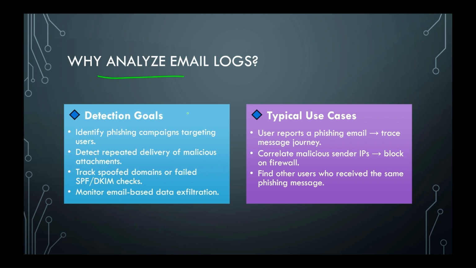You are Sherlock Holmes, but instead of a magnifying glass, you have got a SIEM dashboard. For example, if 10 users got the same invoice email from one sender IP, that's not a coincidence. That's a phishing campaign. So the detection goal is to identify phishing campaigns targeting users, detect repeated delivery of malicious attachments, track spoofed domains or failed DKIM and DMARC checks,